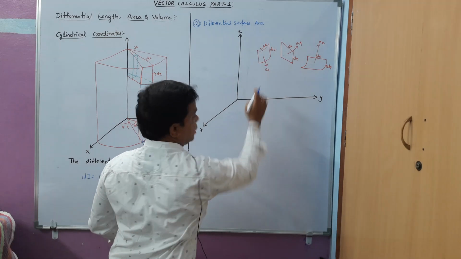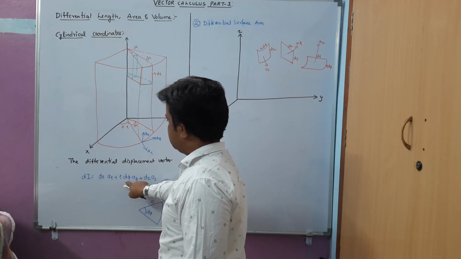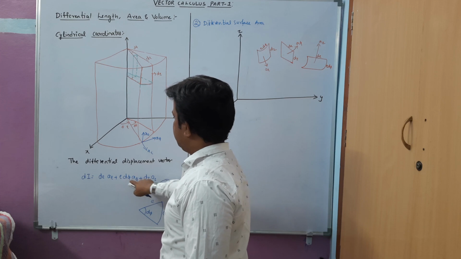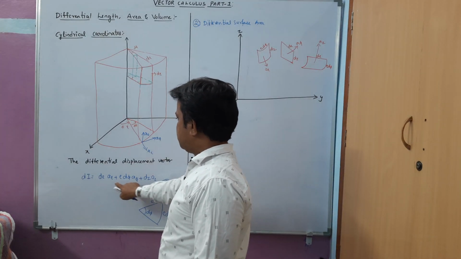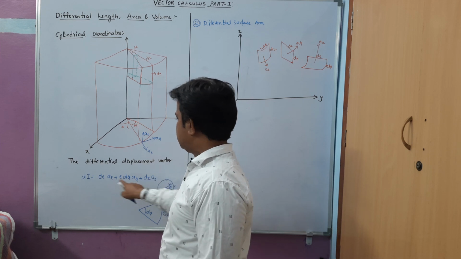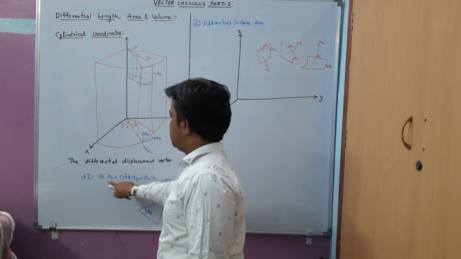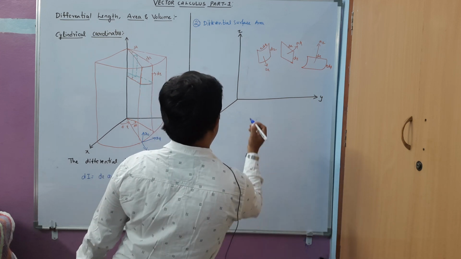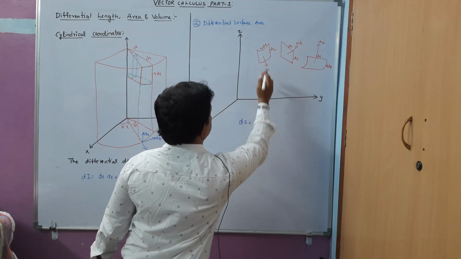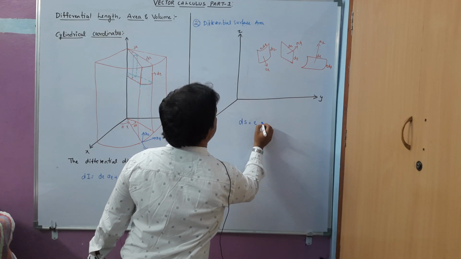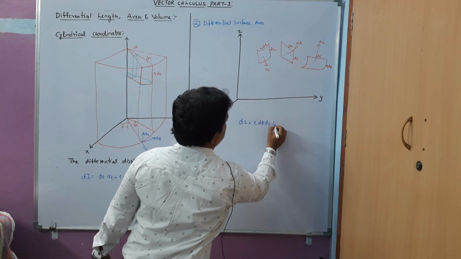Suppose you are writing along a rho, we have to take the product of d phi and dz. Suppose you are writing along a phi, we have to take the product of d rho and dz. If you are taking along the az direction, we have to take the product of d rho and rho d phi, that's all. So how do we write the differential surface? Along the a rho direction, it is rho d phi dz.